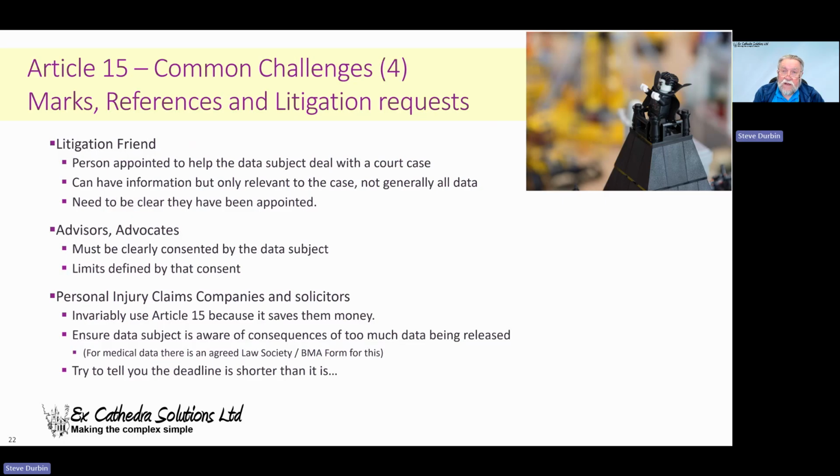They need a report. But what happens is they get people to sign for this, and people do. There's a standard form available from the Law Society and BMA. It's online. Literally search for Law Society BMA subject access form. You'll find it, and that basically makes sure the solicitor has explained to the patient that this is going to be excessive data, and it is their right to say no to it, and they can do other routes, but then they may not decide to support them.